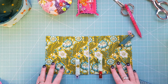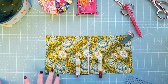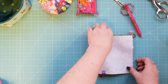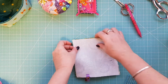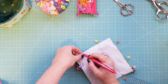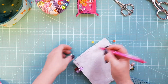Okay, so now what we're going to do is we are actually going to put them right sides together, and then I'm going to mark where I've got to sew, so I know to leave this bottom edge open. We don't sew this bottom edge. Okay, so place them right sides together, and you will have to use some pins to hold it in place. Now on this side here, you're actually going to leave a gap about 2.5 inches. So you're going to leave that gap there,